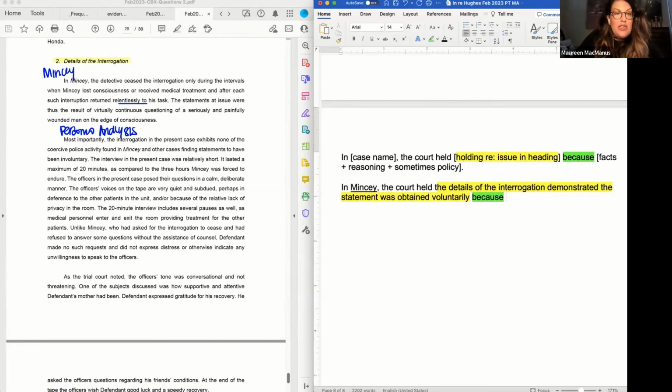So because the detective in that case ceased, and I'm not going to fix little typos because perfection's the enemy of completion, only during the intervals when, and here they're referring to Mincy by name. He's the criminal defendant or the accused. So I'm just going to use, we always want to turn these people into their legal title because it makes it easier because you don't want to have to keep track of who all these people are, these names. The check when the